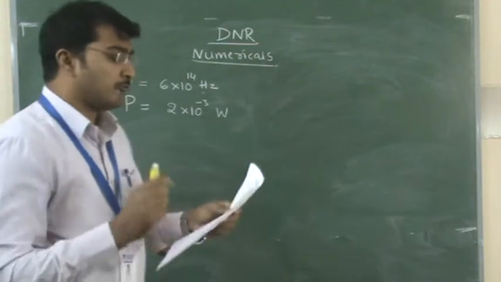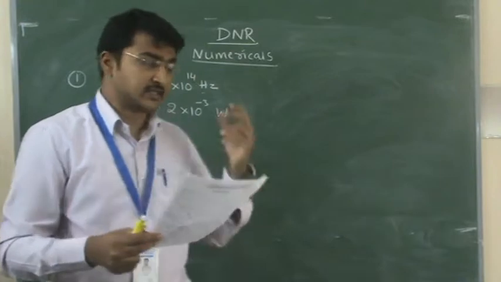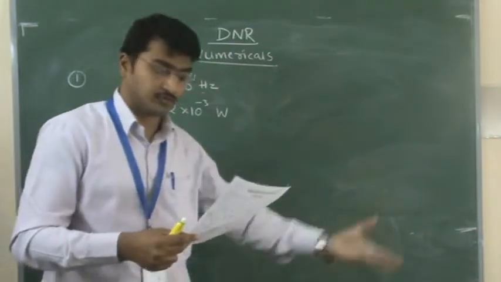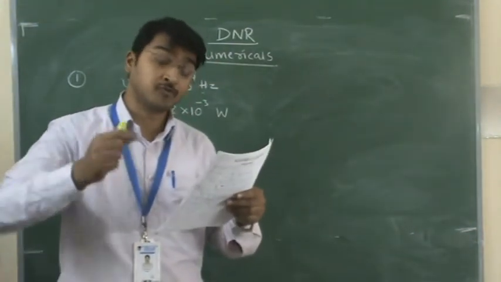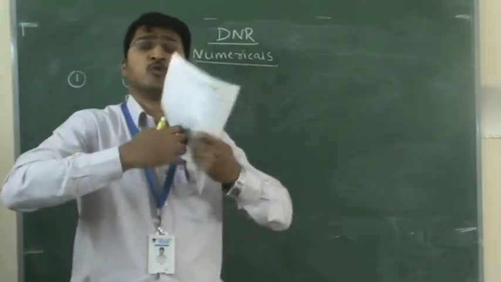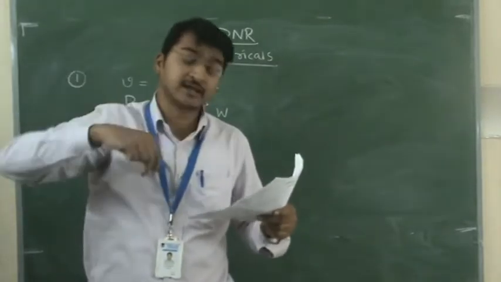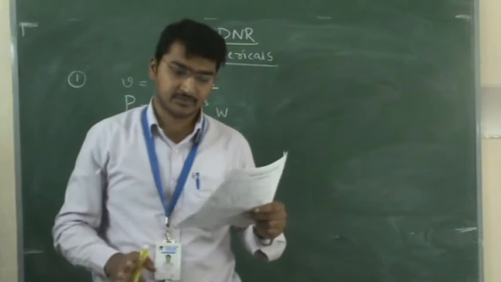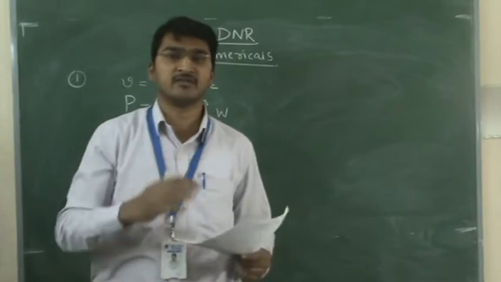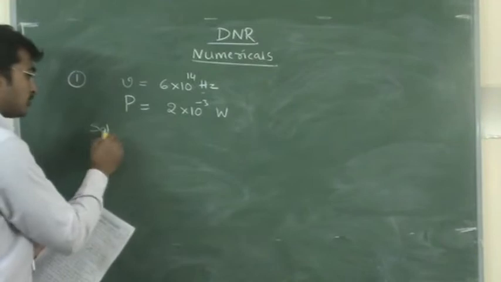Now what do we have to find here? The energy of the photon we should find. The laser light has this frequency, and we need to find the energy of the photon. And next, how many photons per second? How many photons are emitted? From one laser, a large number of photons will come. So how many photons are emitted per second on average by the source? We can't find exact values, we are finding the average value. So we should find two answers.